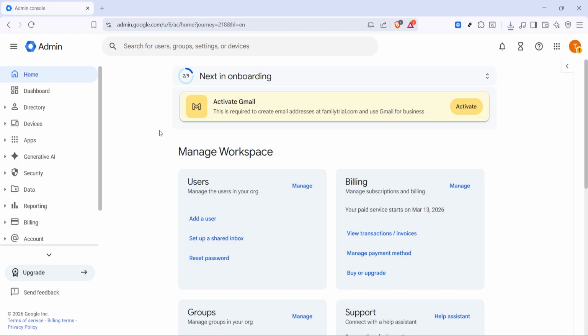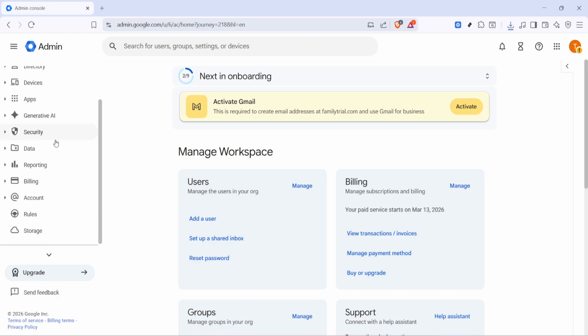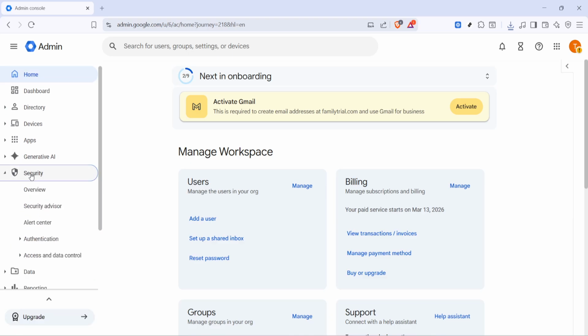Next, click on Security. You can find it on the homepage or by opening the main menu in the top left corner. If your dashboard is busy, use the search bar at the top and type Security to jump straight there. The security area is where Google Workspace centralizes your organization's protection, including password rules, two-step verification, and other identity